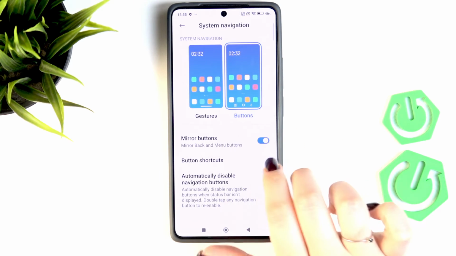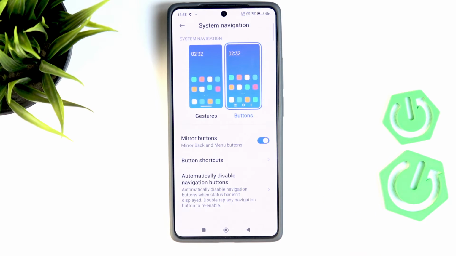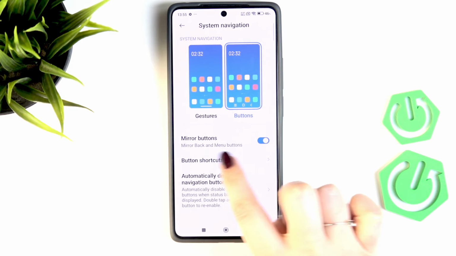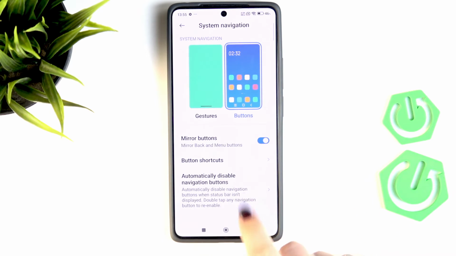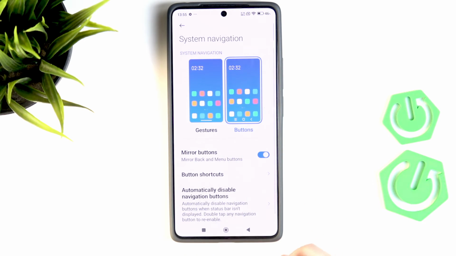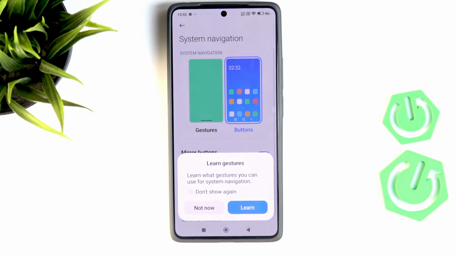Before we will set the gestures, just a quick disclaimer. Here we've got the options which are connected with the buttons, so you can customize them. So for example, you can reorder the back button and the recent. So right here, you can set some shortcuts for the buttons, and you can disable navigation buttons automatically. Totally up to you. So to set the gestures, we have to simply tap on this animation, and your device